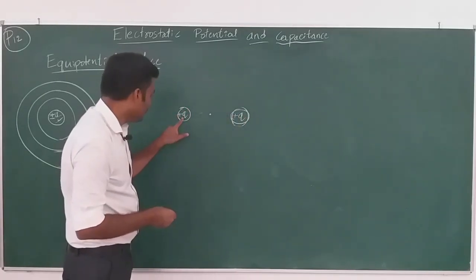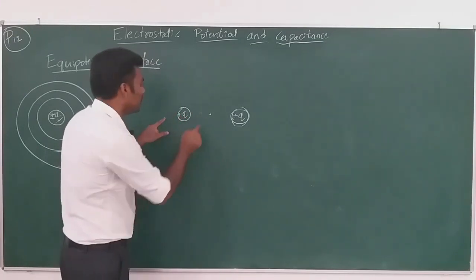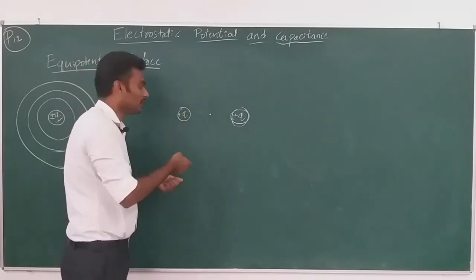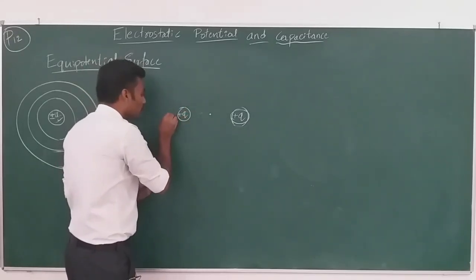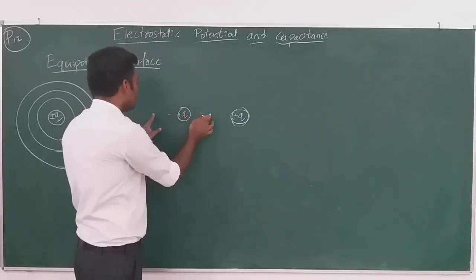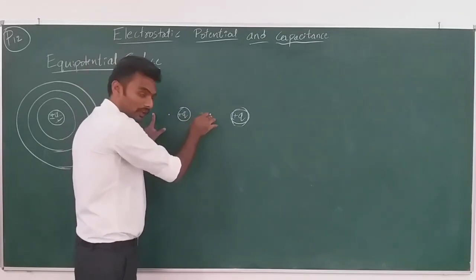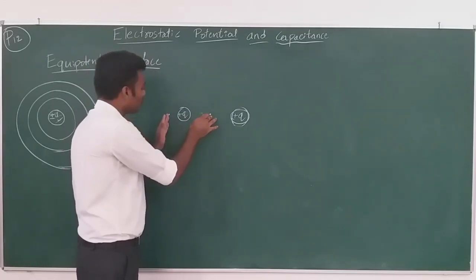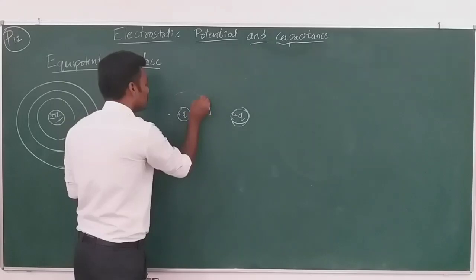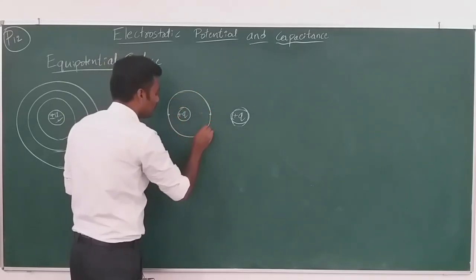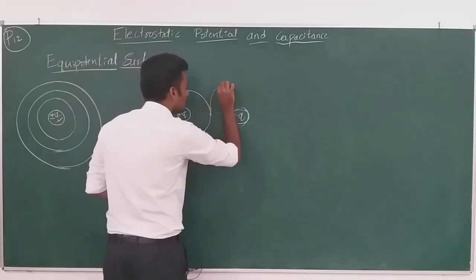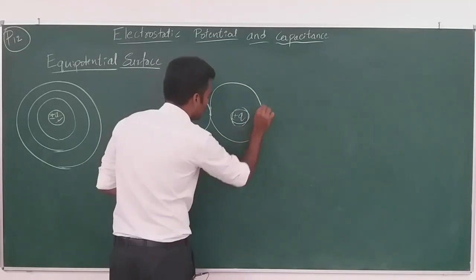Now I need an equipotential surface. I need the same amount of potential close to this charge on this side also, because I want to make an equipotential surface. So the point chosen should be close to plus q, right? Because I need 2V. If I go the same distance on this side, this is V, but here we have 2V. In order to get 2V, I need to bring this point closer to plus q. So this is how the equipotential surface looks, and the same case with the other side also, like this.